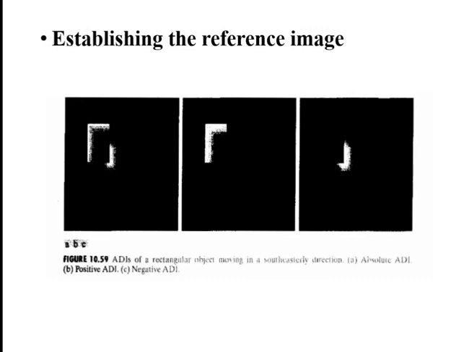We know that the non-zero area of the positive ADI is equal to the size of the moving object. Second, the location of the positive ADI corresponds to the location of the moving object in the reference frame. The number of counts in the positive ADI stops increasing when the moving object is displaced completely with respect to the same object in the reference frame. The absolute ADI contains the regions of the positive and negative ADIs. The direction and the speed of the moving object can be determined from the entries in the absolute and negative ADIs.